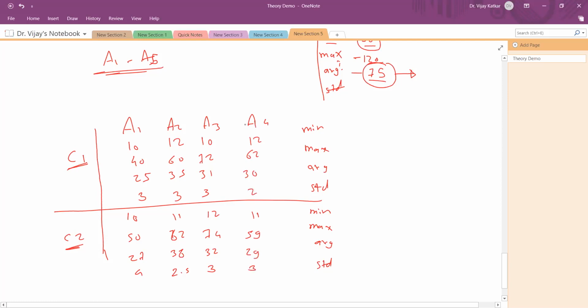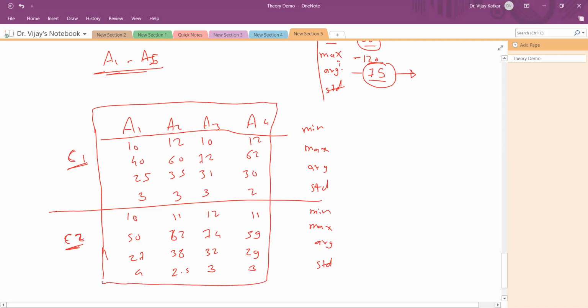Now, if you observe it carefully, what will you come to know? None of the attributes is qualified alone to segregate the records into two parts, that is class 1 and class 2, C1 and C2. Along with that, even though I'm taking a combination of A1, A2, A3, A4 together, things are not that easy.